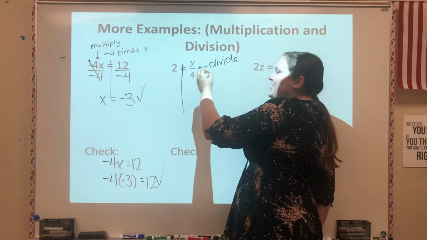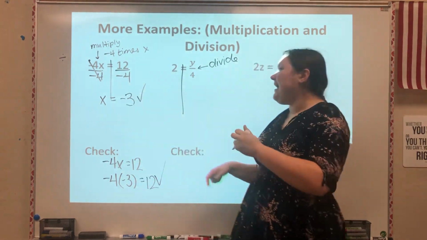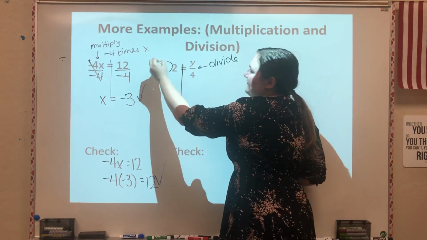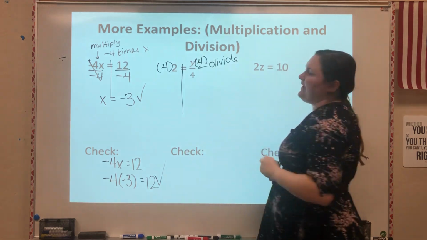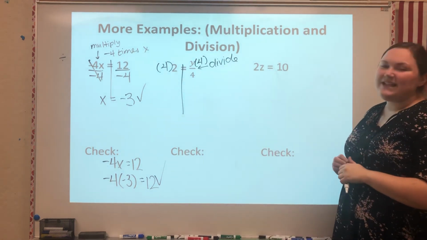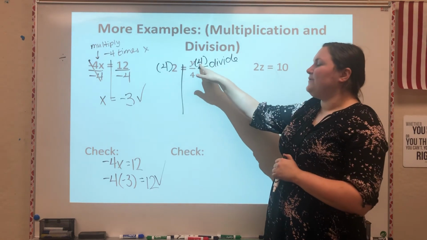I'm going to actually write, instead of putting it under, I'm going to put it up here this time. I'm going to show I'm multiplying both sides by 4. And I'm doing that so that it's really clear that over here it says 4 divided by